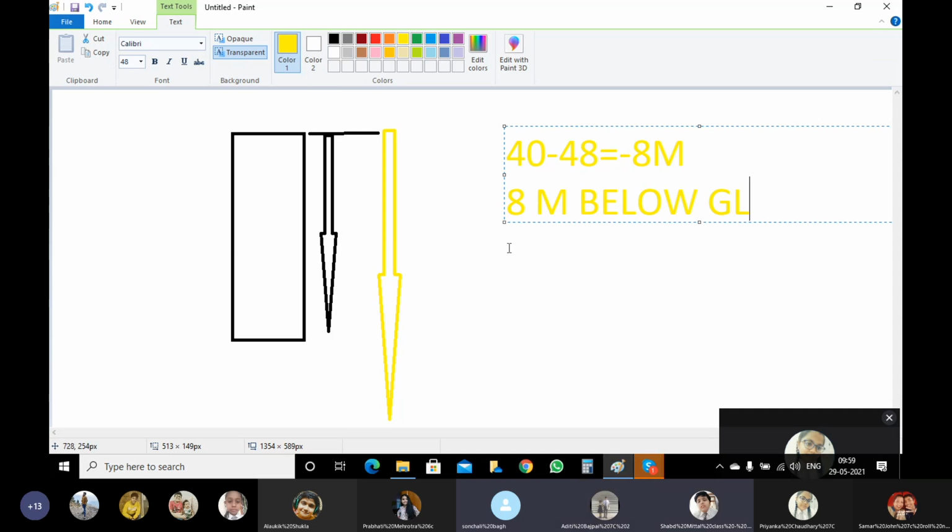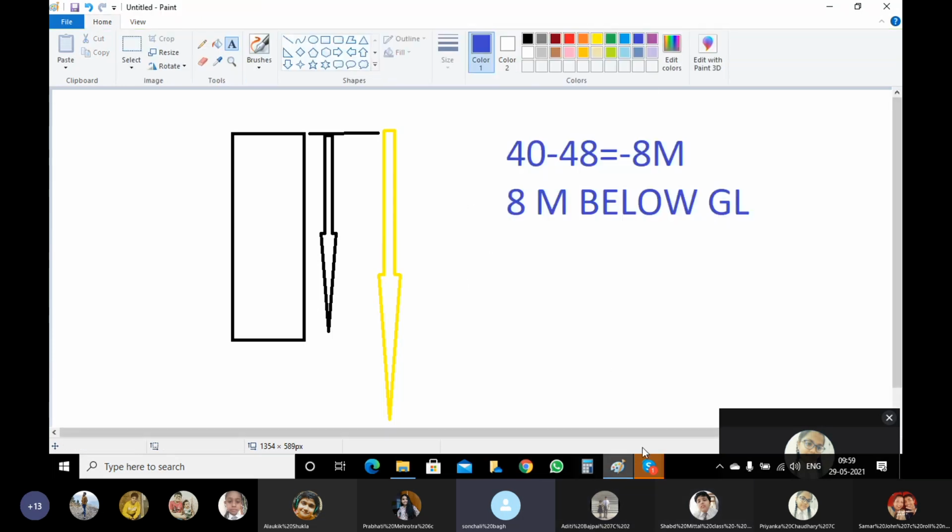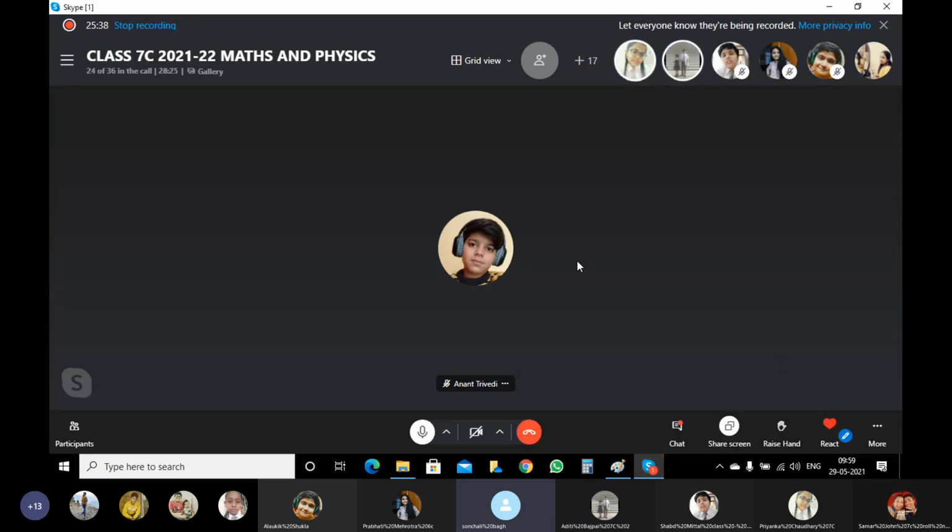Understood the concept behind the question? Who is saying no? Anyone who has not understood? Who is no? Did you understand the time part? How did we calculate meters from speed and time? Have you got it? And then see, the lift was coming down 40 till ground level. It has gone down more. How much more? 8 meters more. Okay?